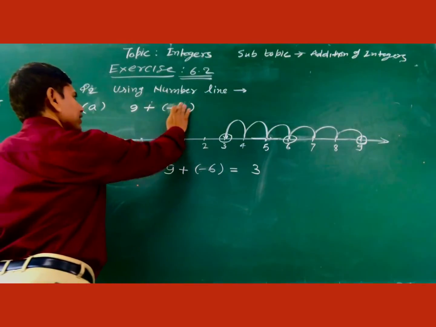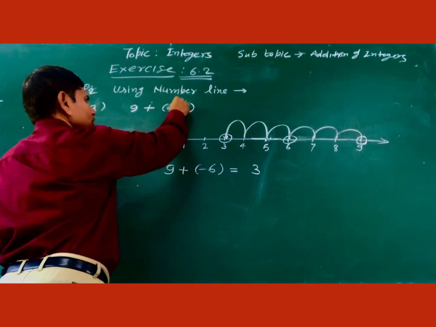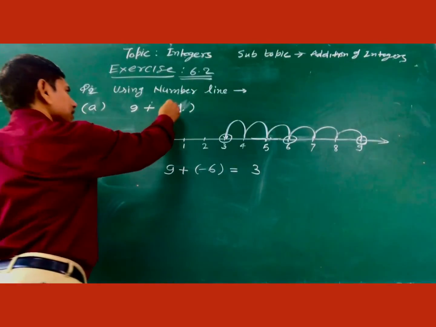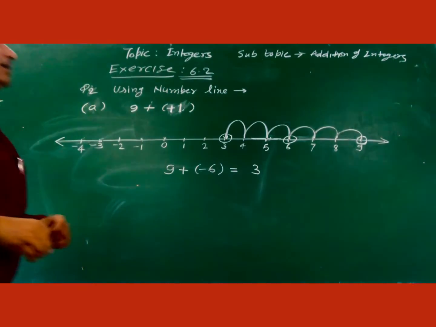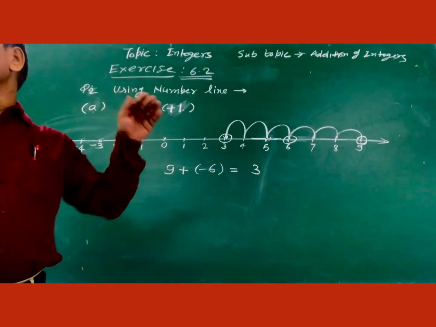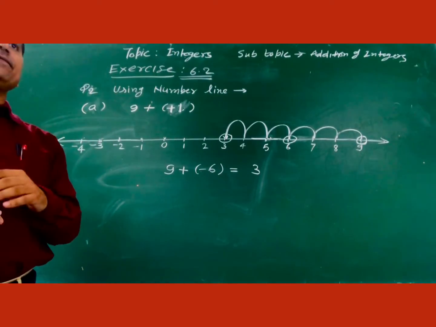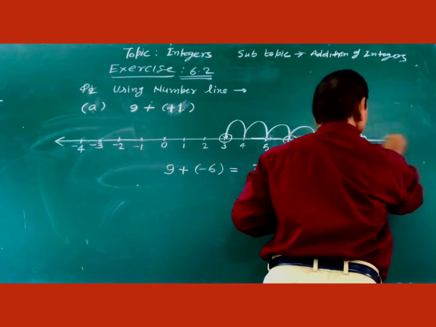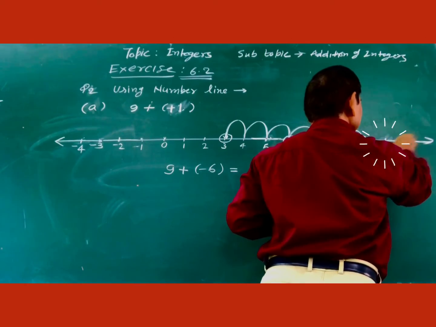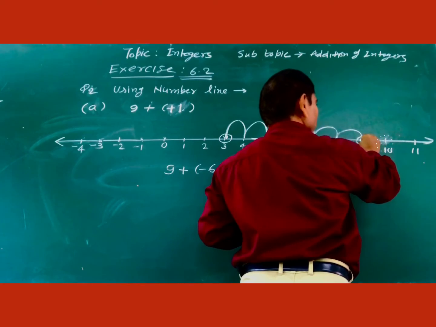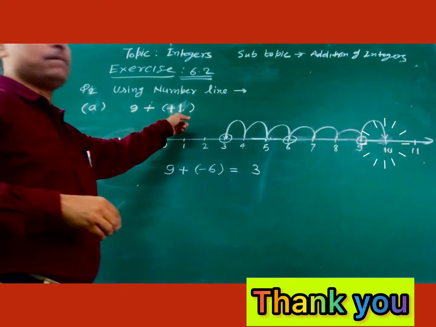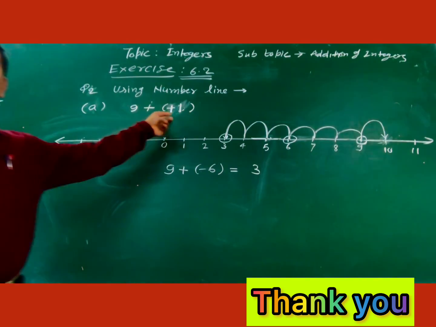And if we write here 1 only, then what is the result? 8. And if we write here plus 1, 10 means you will move to the right side only one step. If the next numbers on the number line are 10 and 11, you will move only one step because the integer is 1. Okay? Clear?